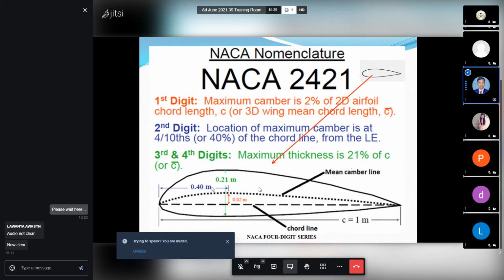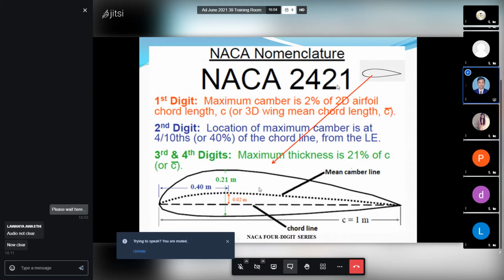If I consider the complete length as a 1 meter chord, then the first digit is our maximum camber in terms of percentage, that is 2%, and 4 indicates the location of the maximum camber, that is 40% of the chord from the leading edge, that's why 0.40 meter.